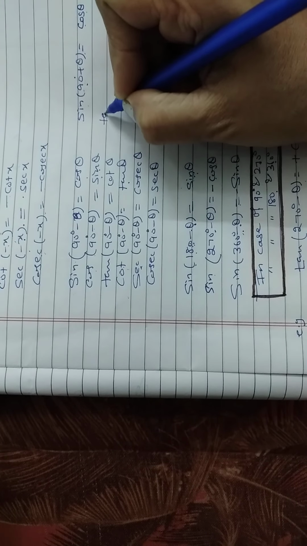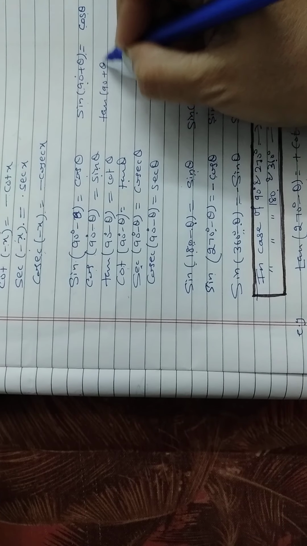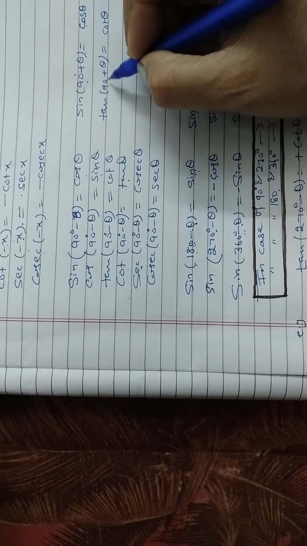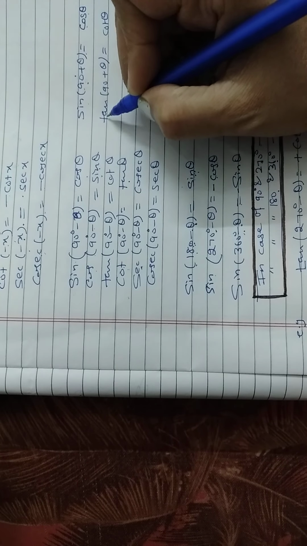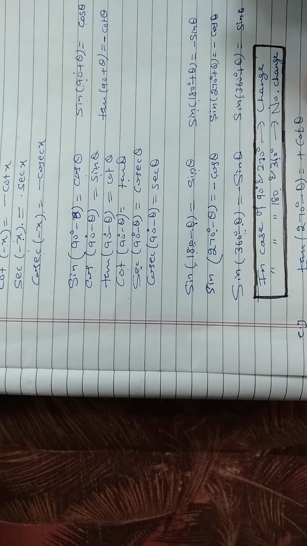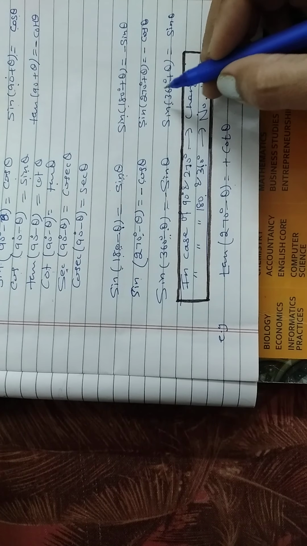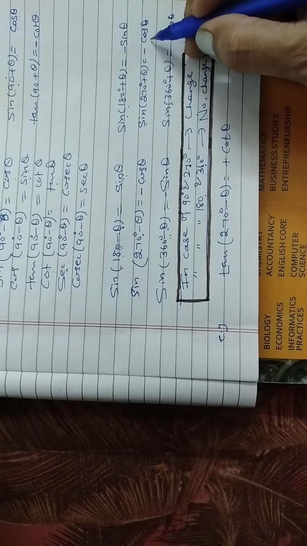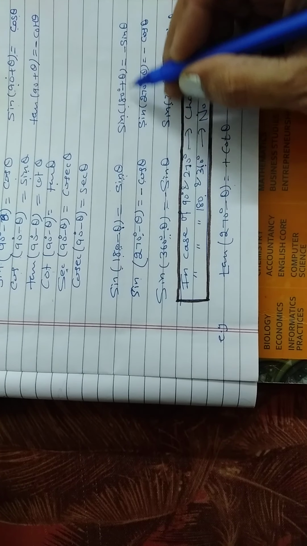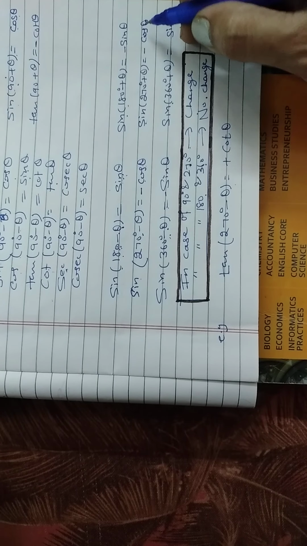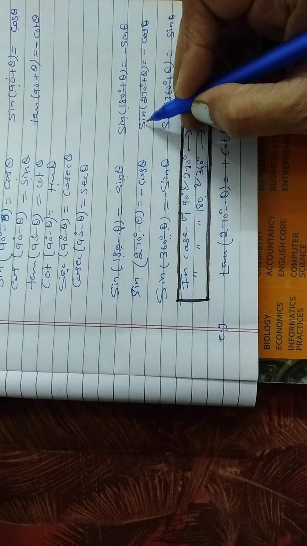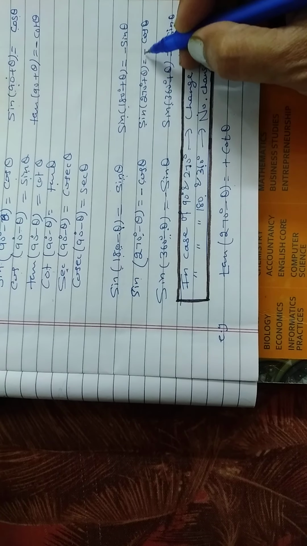But suppose I want to find tan 90 plus theta, then since there is 90, change will be there. And in the second quadrant, tan is what? Negative. So I will put a negative symbol. Clear? Suppose I want to calculate sine 270 plus theta, then change will be there. Sine becomes what? Cosine, right? And because it is in the fourth quadrant, how is sine in the fourth quadrant? Negative. So there will be a negative symbol.